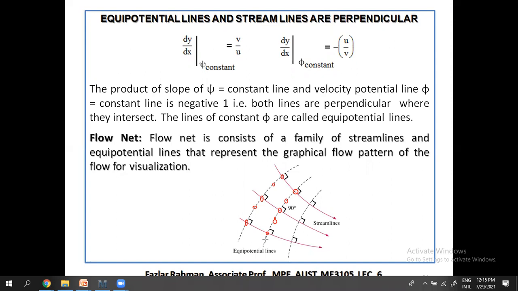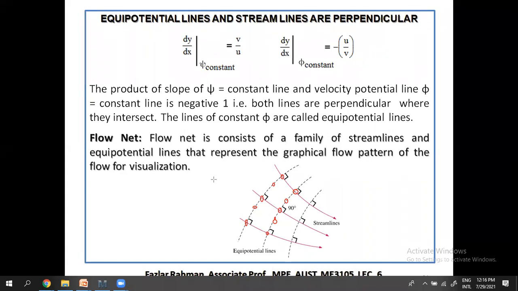And normally, if you do the simulation in ANSYS or other software, you can plot this kind of line. Then you can see where the velocity is equal, and how the streamline is going. Okay, so a flow net consists of a family of streamlines and equipotential lines that represent the graphical flow pattern of the flow for